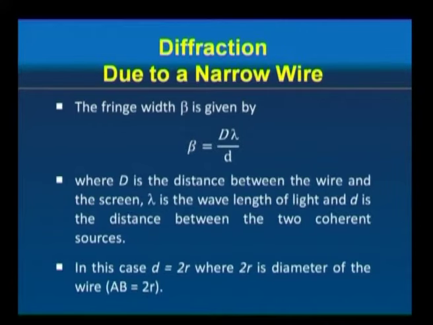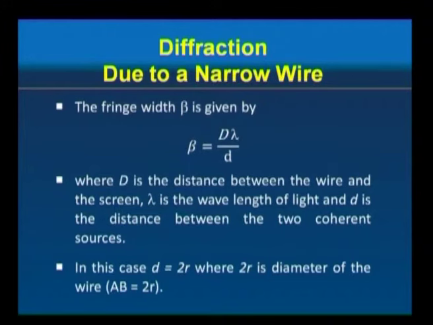What is small d? Small d, in the double slit experiment where you have two coherent sources, is the distance that separates the two coherent sources. What is capital D? The distance that separates the coherent sources and the screen is capital D. So, beta is the bandwidth. The fringe width or bandwidth beta is given by beta is equal to capital D by small d into lambda,